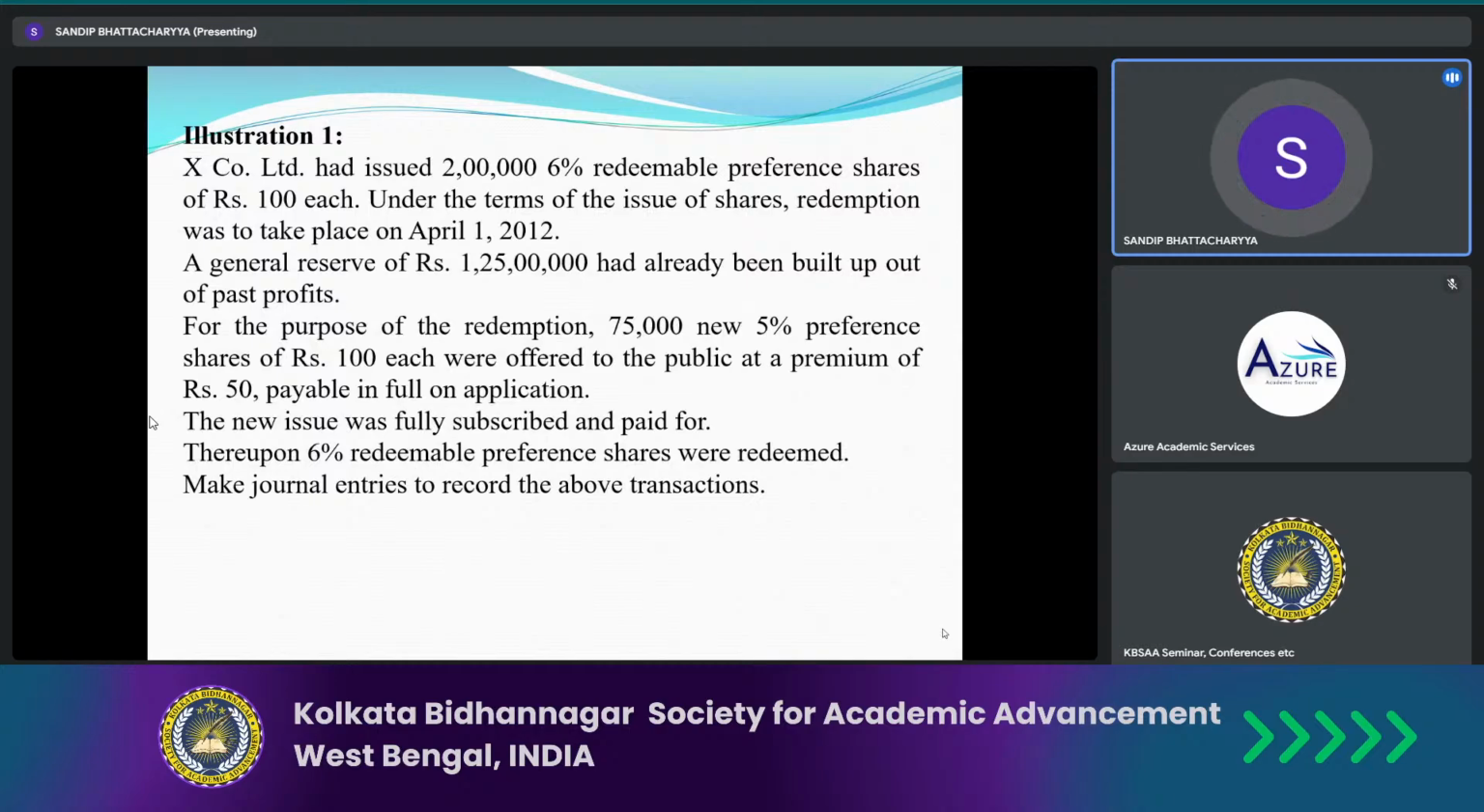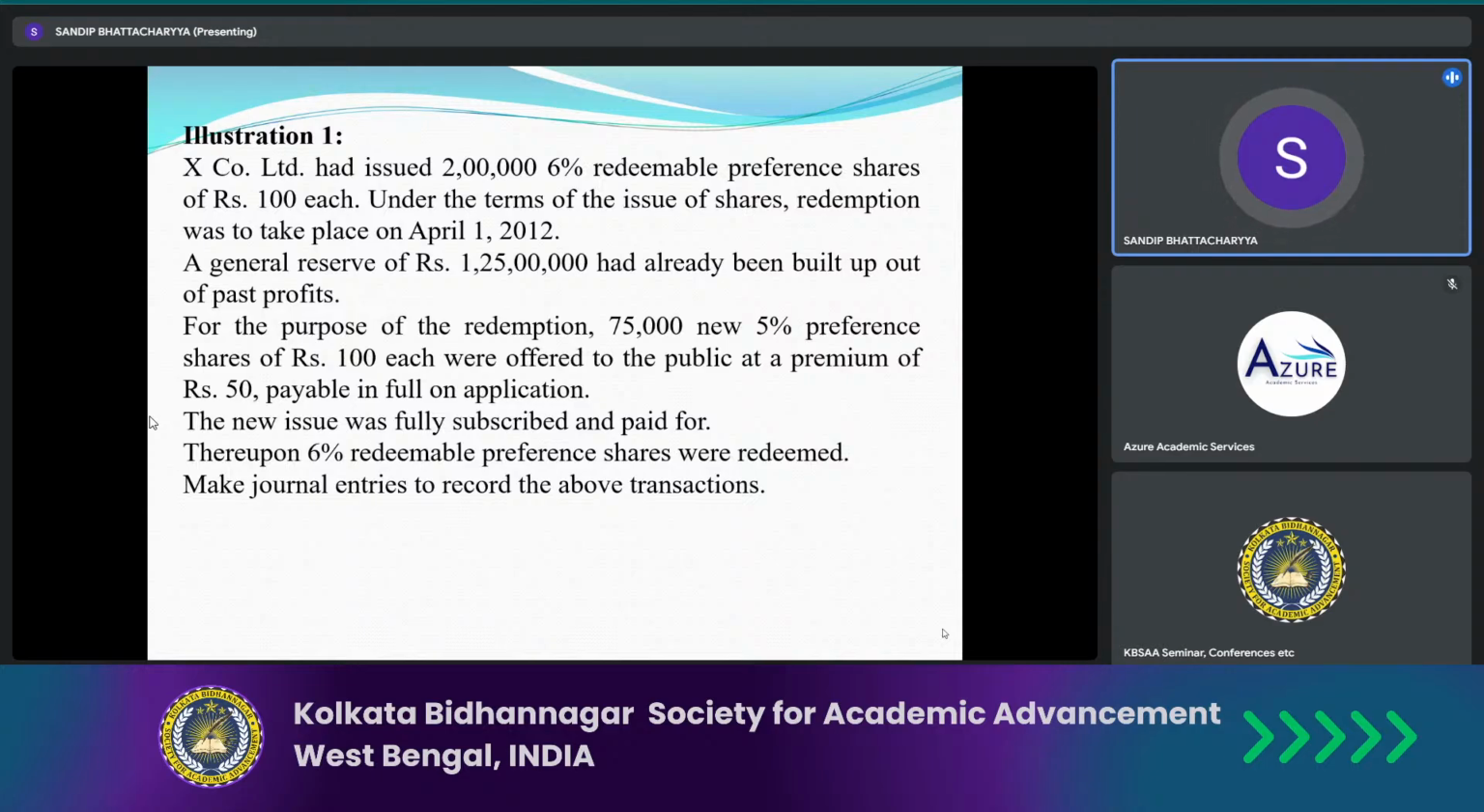Now, a general reserve of rupees 1 crore 25 lakhs has already been built up out of the profits. So the company has a general reserve, which is a free reserve category. As you know very well, what are the free reserves? General reserve, statement of PL, dividend equalization, any other free reserve, workmen compensation, as well as insurance fund, which is not restricted or not mentioned in the restriction. So our general reserve of rupees 1 crore 25 lakhs has been built up out of past profits. Okay. So for the purpose of redemption,